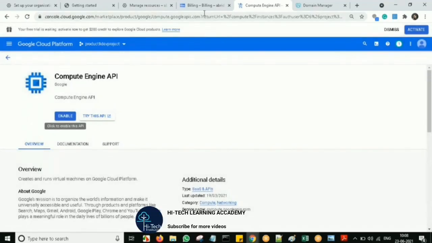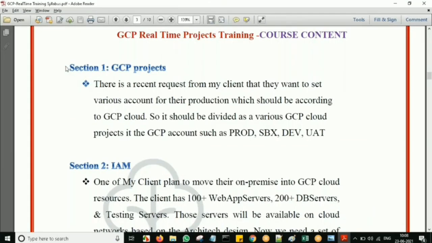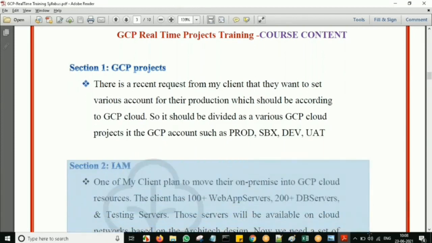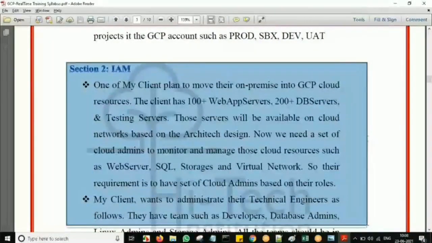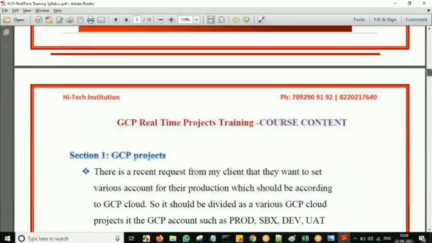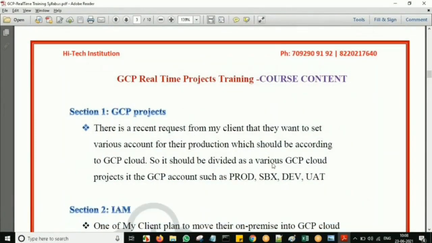So in real time, first they will work with the organization. But why did I skip this earlier? I skipped this and came to the IAM directly. Why? Because in that scenario, when we start the training, all of you have a free tier account. In the free tier account, we start to work with the project directly. But in real time, first they will create an organization, then they will enable the billing, and then it will be mapped with the individual project. Then only they can track the bills and pay the bills.